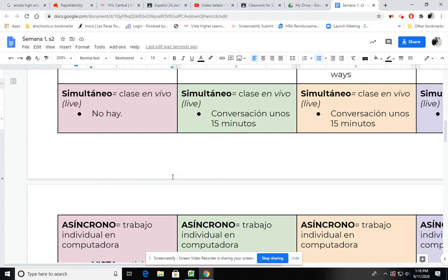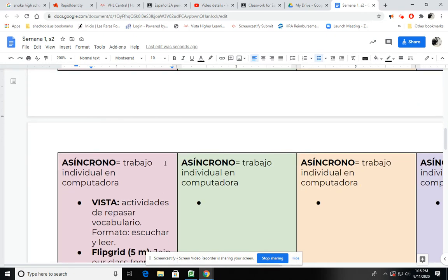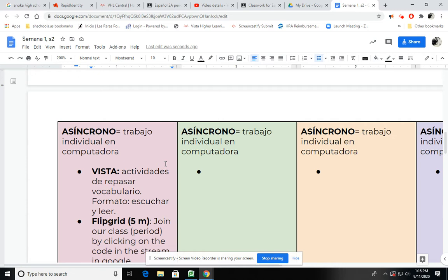and you can see that for the next few days we have conversación unos 15 minutos. So we'll just be talking in Spanish, practicing things. So you'll see those. I'm letting you know what we're doing during that meeting time. And this week, it's very simple. We're just going to talk in Spanish. That's all. Now, asíncrono, this next section, that is your individual work that you're going to be doing on your